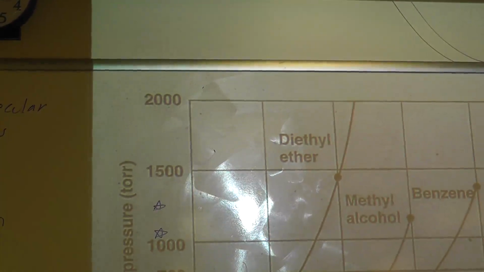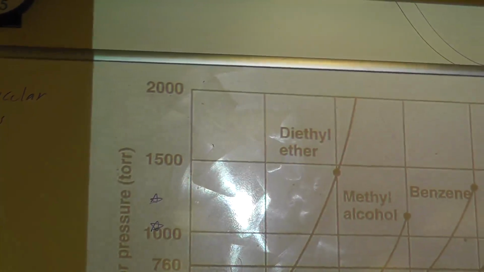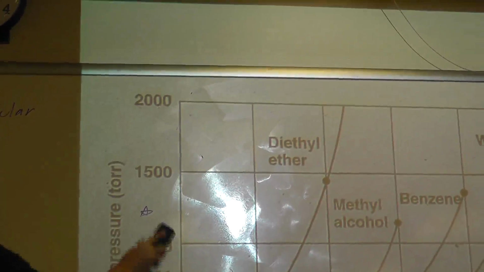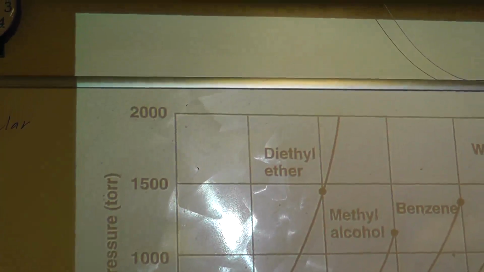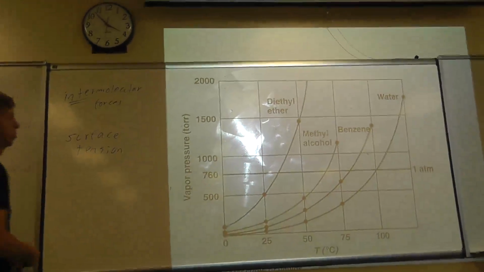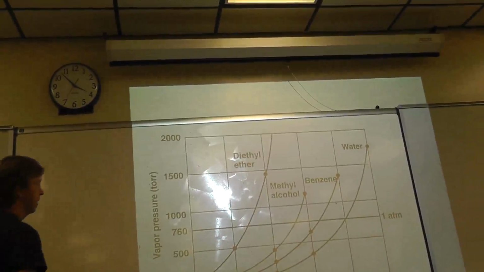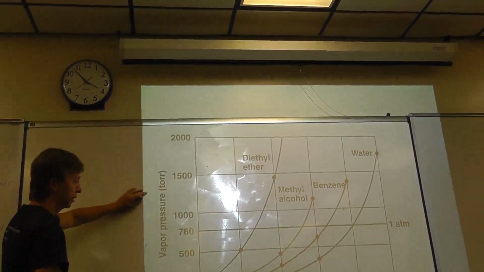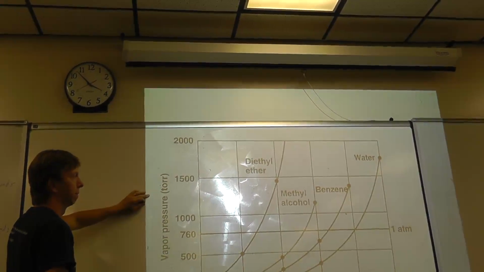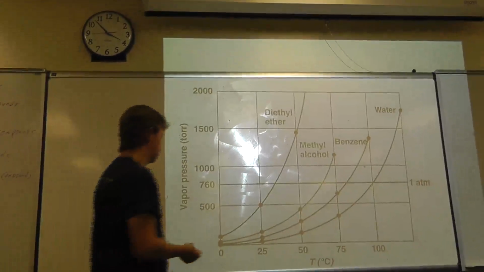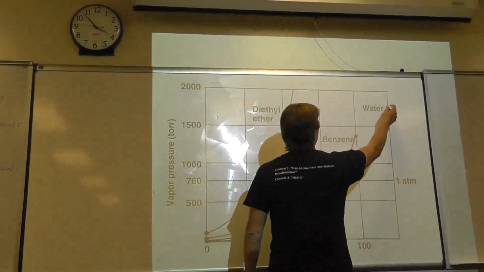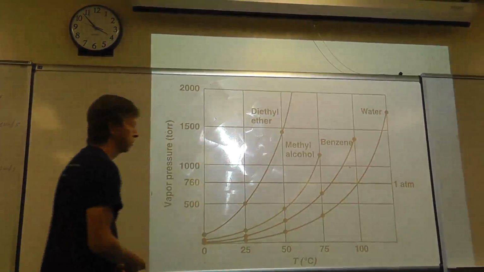And you've got this chart to illustrate the difference between these. What you've got on this chart is a plot of vapor pressure on the y-axis and temperature on the x-axis. And I guess let's just start with water. If you're looking at the line that you've got for water,